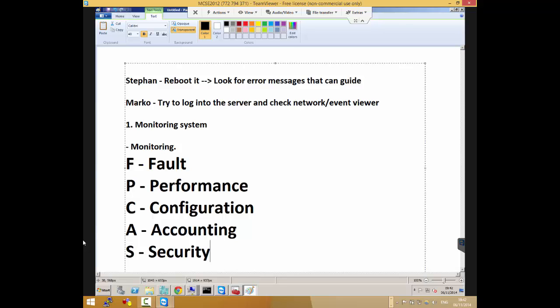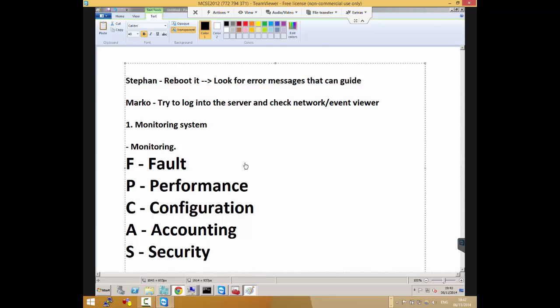In case a hacker gets access to your system, one of the things a hacker will try to do is create an account that has high privileges so they can do whatever they want with that account. We have all those groups that we've mentioned. These are high privilege groups. If anybody adds any member to this group, an email goes out to every single sysadmin to say this person has just been added to this group. So you want to monitor for all these five things. The whole point is the importance of monitoring in our environment.